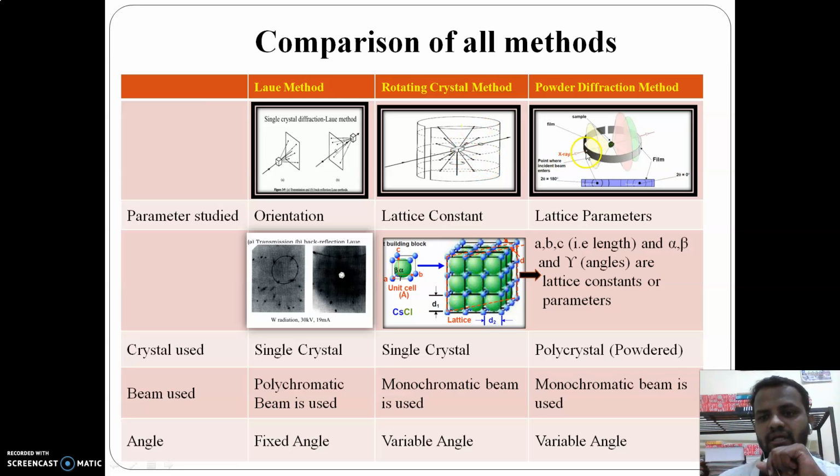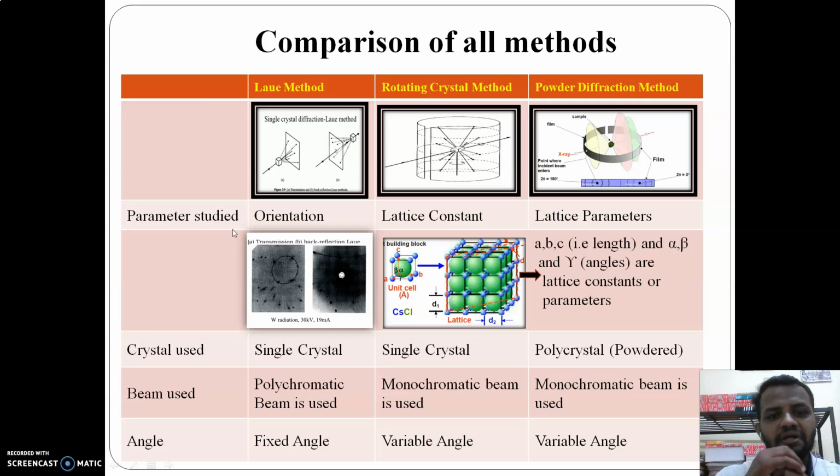The film here is not that thick; a slightly thin film is used. When we get the cone formation, the cone formation is recorded on the lateral side, and these cones are recorded in terms of arcs. So this is the basic difference between the Laue method, rotating crystal method, and powder diffraction method with respect to their orientation. Secondly,